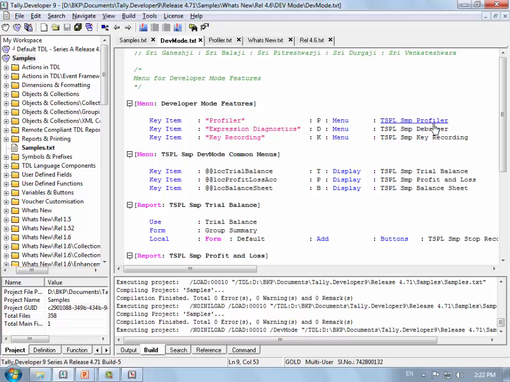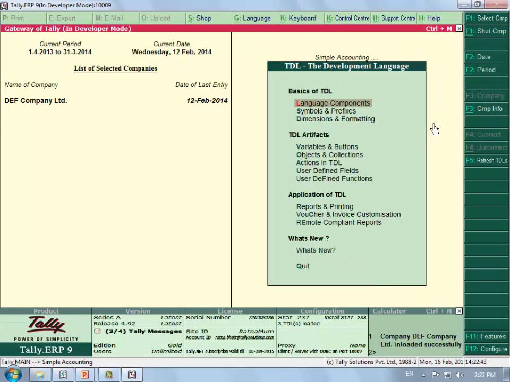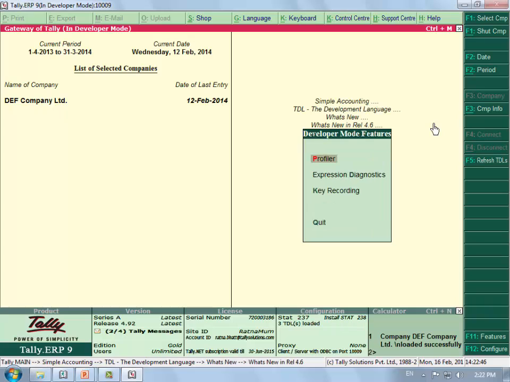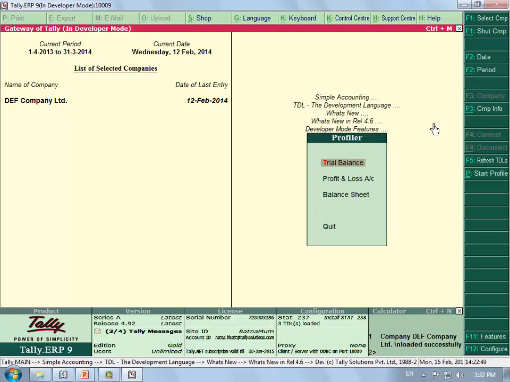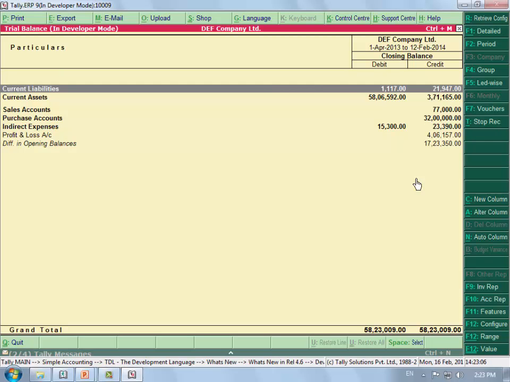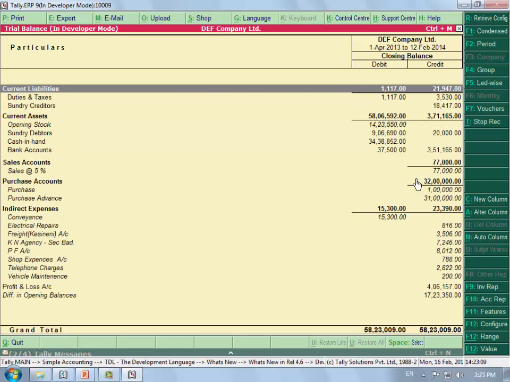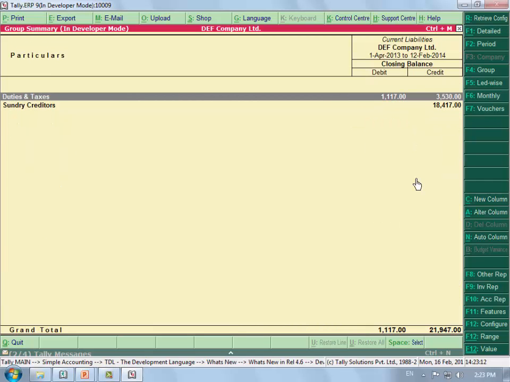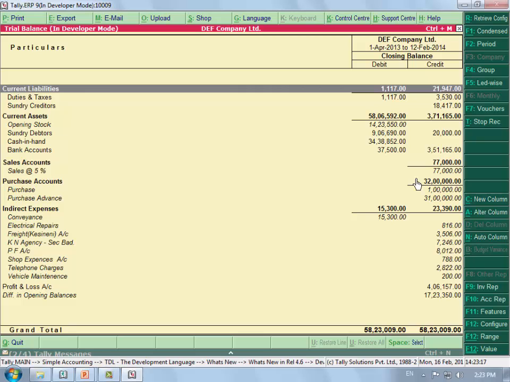So first we'll go with the profiler mode. Here we have What's New release 4.6 developer mode profiler. What you will have to do is click here on start profiler. Click to start profiling. Trial balance, enter. Then you can execute duties and taxes. Now when you're here, say stop recording,